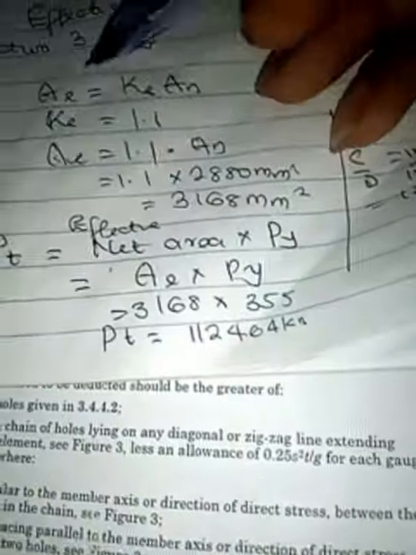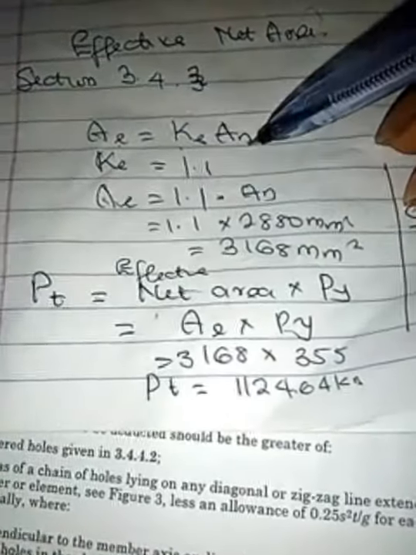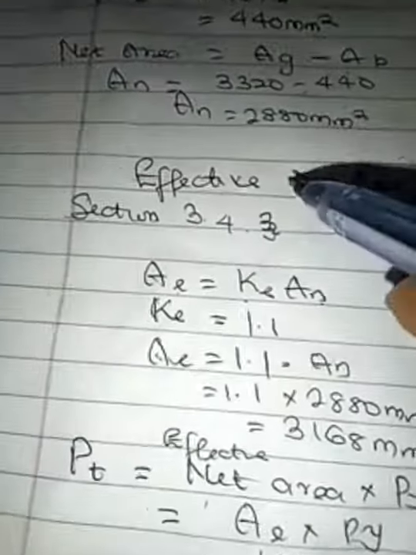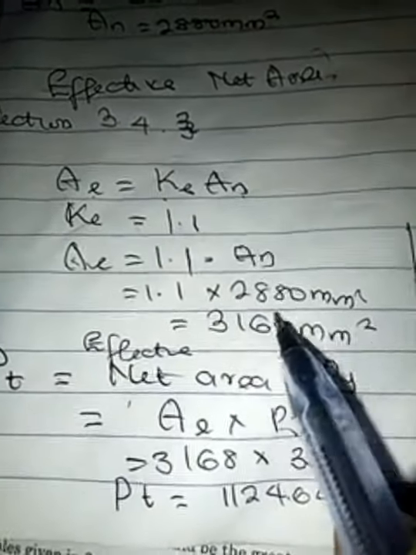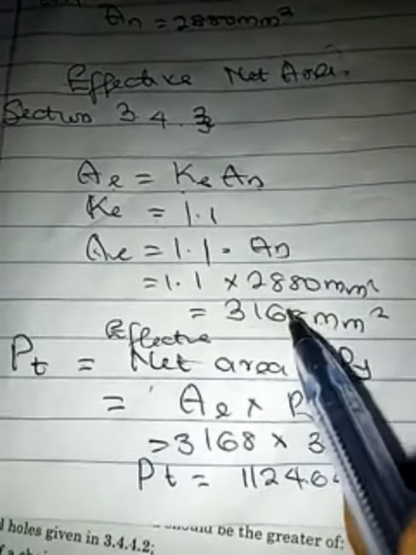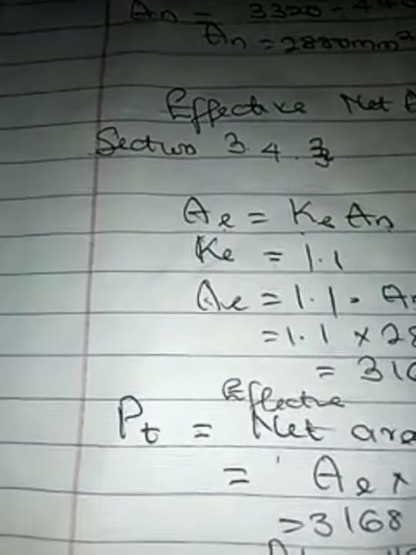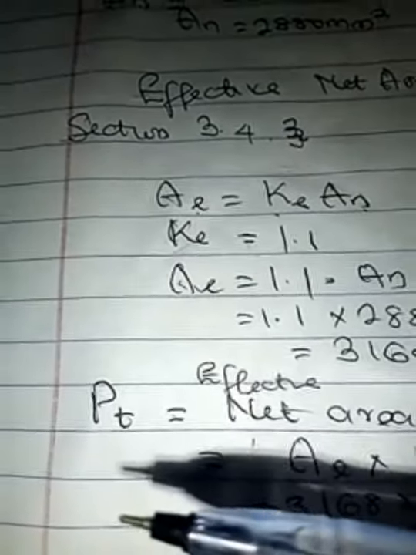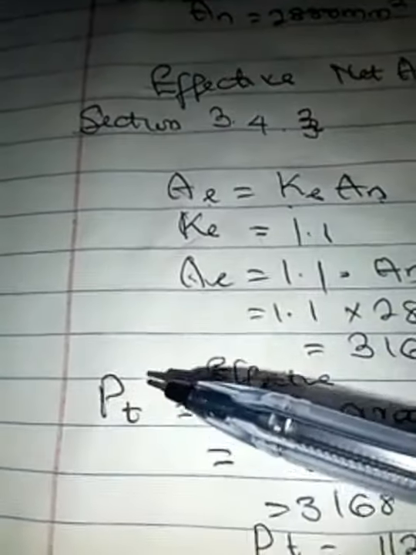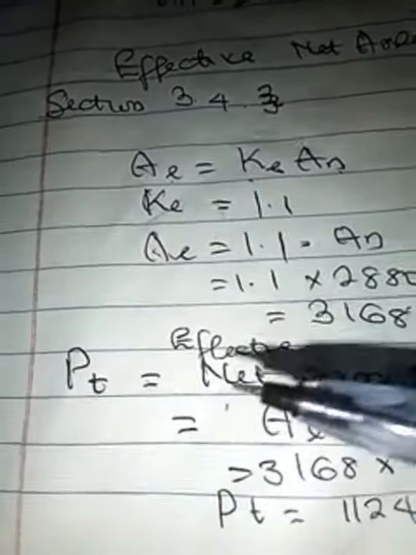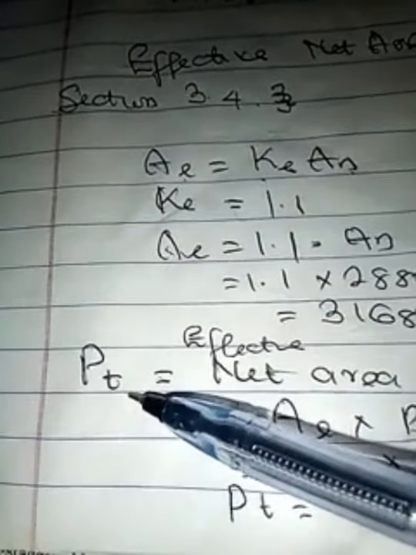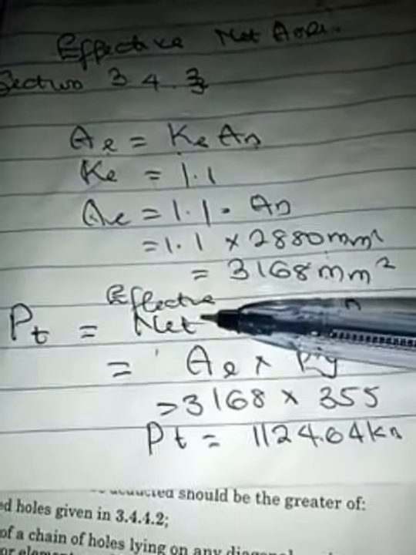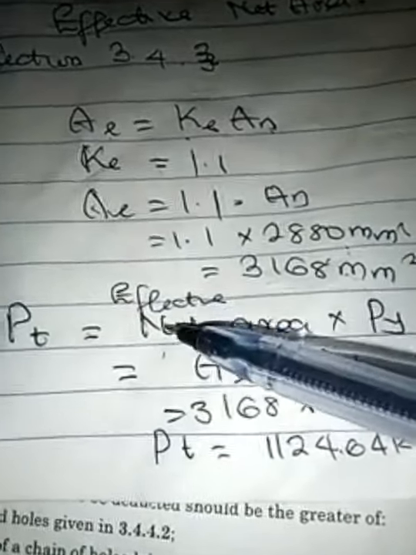So AE is equal to KE times AN. AN is the net area that we just calculated. So we get our AE to be 1.1 times 2880, which is 3168 millimeter square. Are we good? So now, since this section is not connected to any bolt, we are going to use this formula for our PT. Our PT is our tension capacity. Our tension capacity will now be our net area, not our effective area,